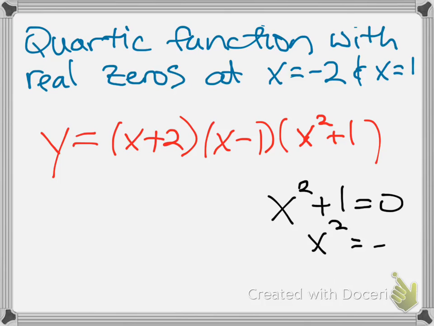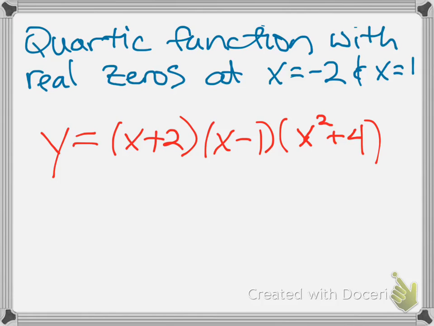You don't necessarily have to choose x squared plus 1 to be your final factor, though. I could have said x squared plus 4, if you'd rather do that. But your life will be easiest if you just choose this last factor to be x squared plus some easy to work with number. So in this case, if I set that last factor equal to 0,